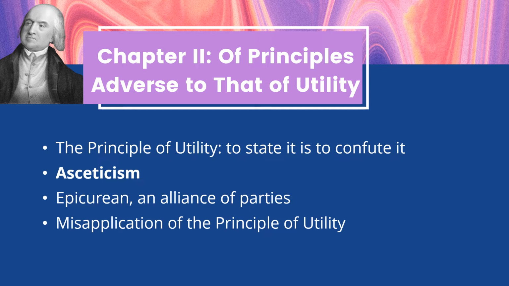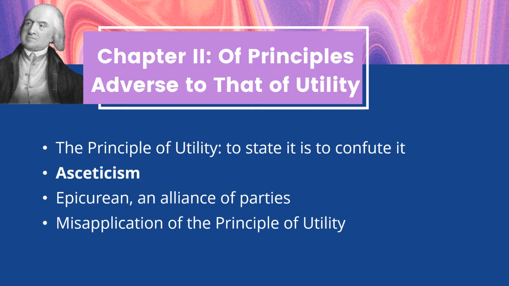Second is the principle of asceticism. It is the inverse of the principle of utility. So any philosophy that directly opposes the principle of utility is asceticism, which is a self-denial of indulgence that can involve renouncement of worldly possessions and fasting. For example, the Buddhists believe that attachment to people, material possessions, etc. results in a cycle of increasing unfulfilled desires that cause suffering. According to that philosophy, the denial of worldly conveniences is a path to happiness.